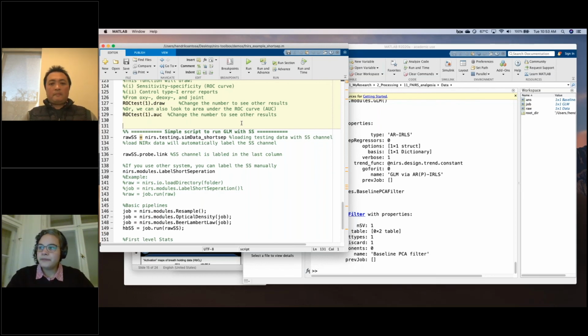Another interesting question: what happens if you lose the data in one of the short channels? Do you see this as a big issue? Do you mean losing, like not a number? Yes. I can try to answer that. In our case, if you use our bundles, you have 8 short separations. So if you lose the data in one of them, and since you showed that 5 short separations would already be good enough to get a nice prediction, losing one channel or another wouldn't be a big issue, right?